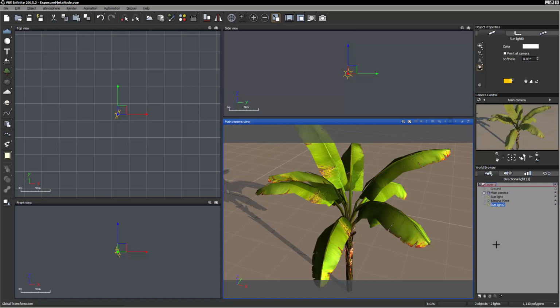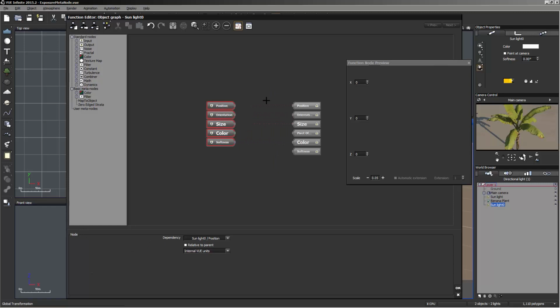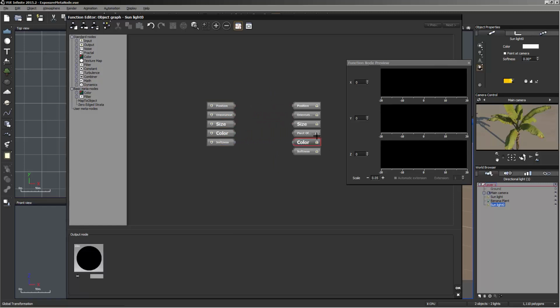So what we're going to use is the color output and go beyond the initial output, which would be clamped by like an RGB value of 255. So we use the color output,